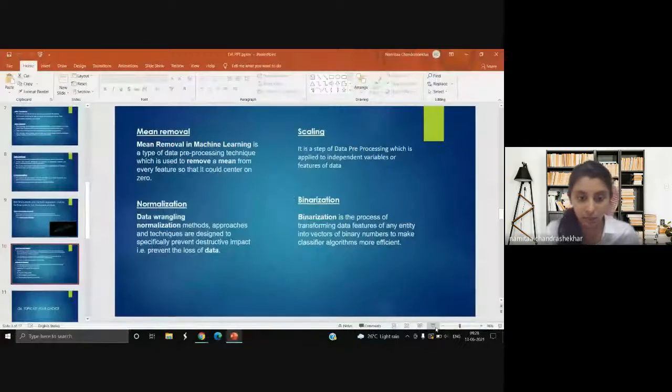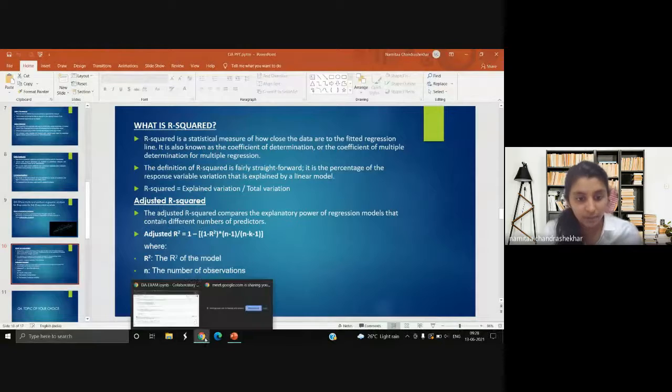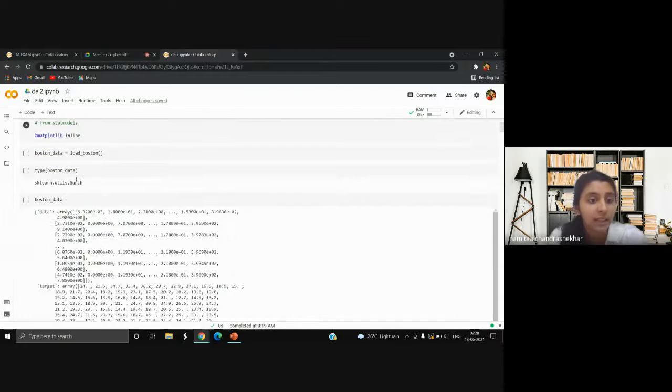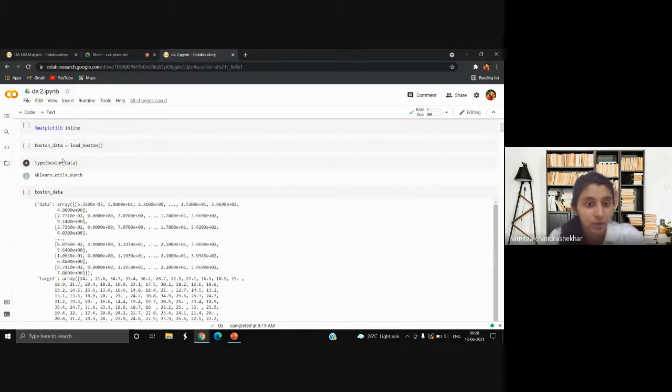So let's have a look at the code. Yes, so this is the code that I made. Here, to explain the R squared and adjusted R squared regression, I have taken an example of the housing dataset of Boston City. So first we import and define all the libraries: pandas as pd, matplotlib.pyplot as plt, seaborn as sns, and numpy as np. And then we load the dataset as follows,